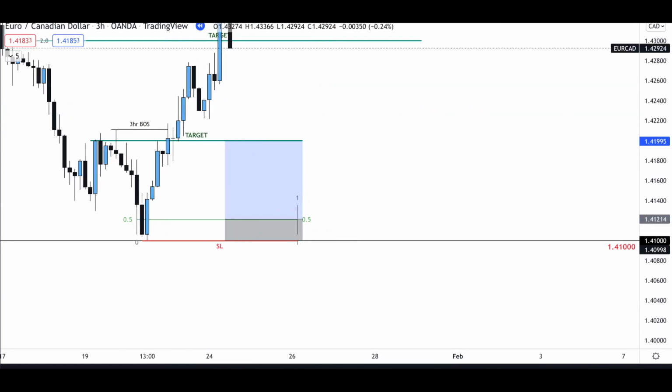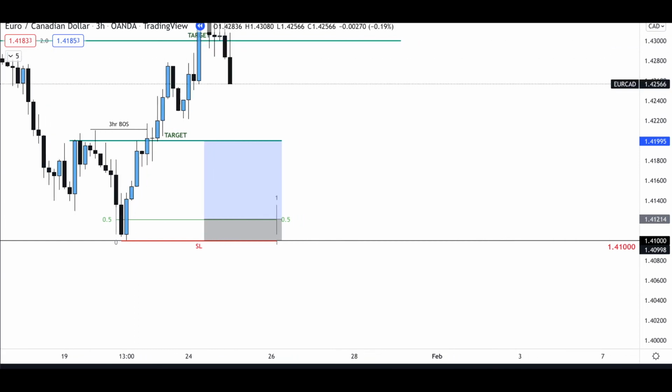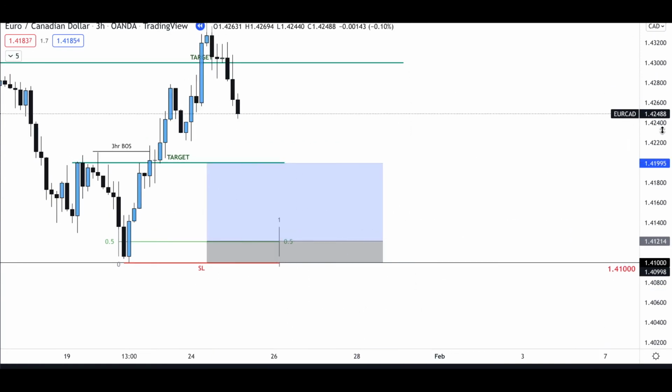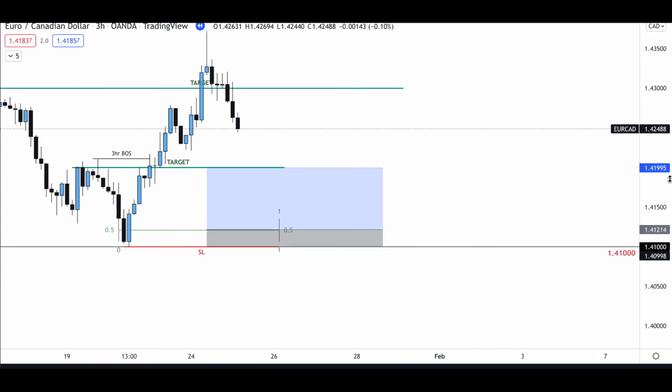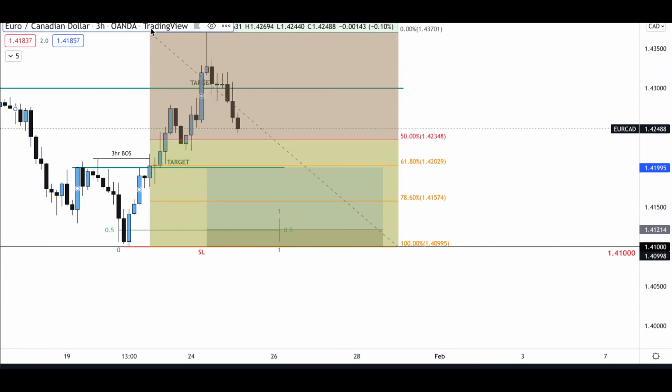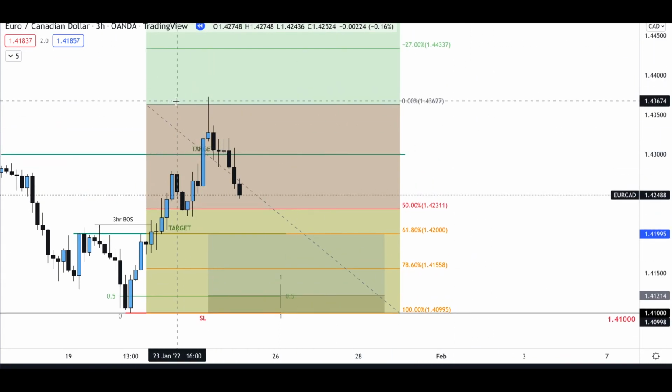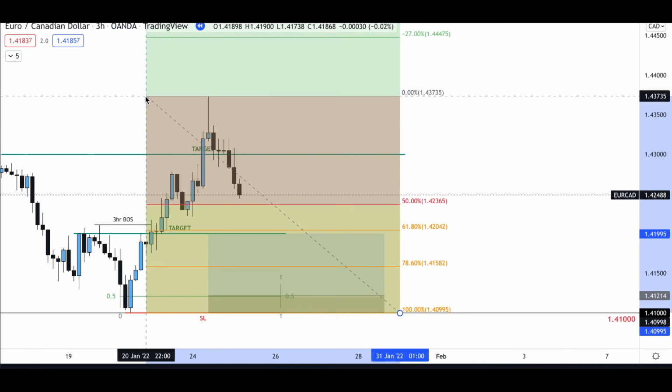We can see price is still going up a little bit. Price is coming down. Let's move our risk to reward tool over. Now, when you're looking at things like this, don't get FOMO, you guys. Don't get FOMO, trying to hop in up here and all of that kind of thing. Because remember, in some of the previous videos we talked about, we do not take any entries in the red zone. The red zone is considered retail pricing. We do not look for any retracements. We only look for entries 50% and above. Okay, so